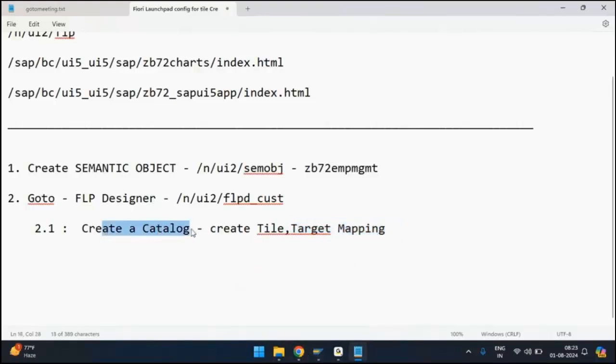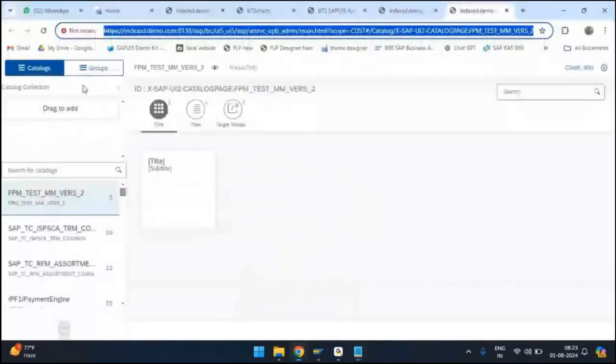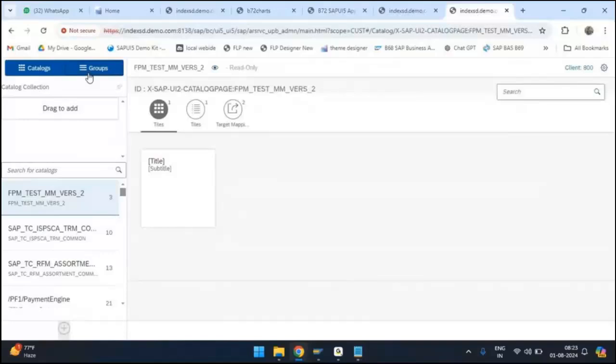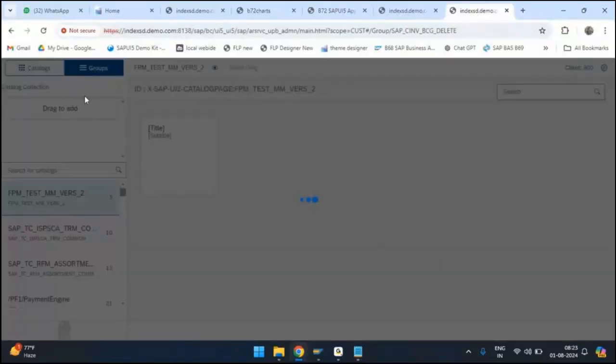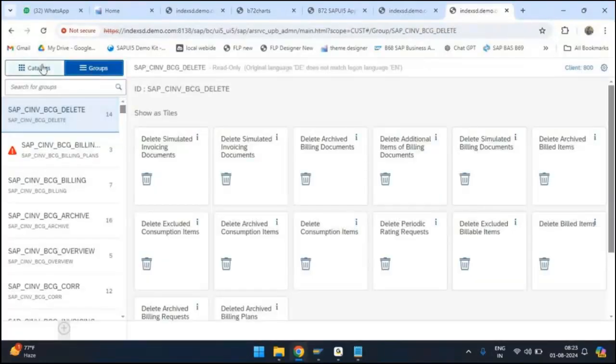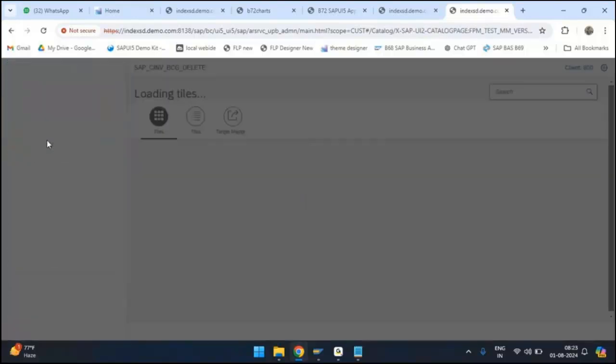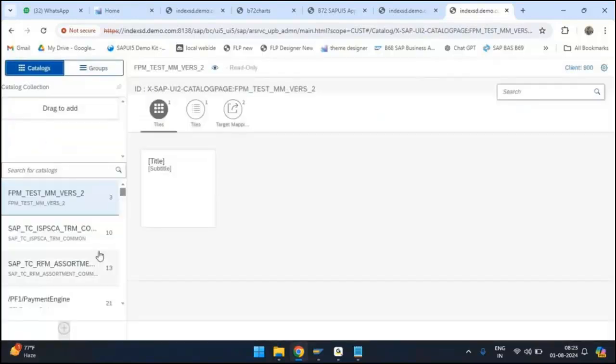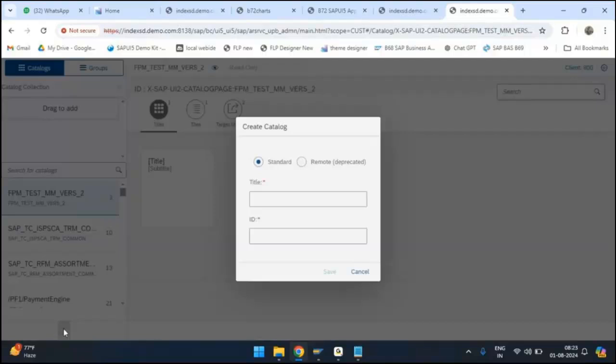So first I'm going to create a catalog. I'm already on the catalog. So this is groups. If you click on groups, groups will open. What is groups? We'll see later. Now click on the plus button to create a new catalog. I'm giving the title as batch 72 UI5